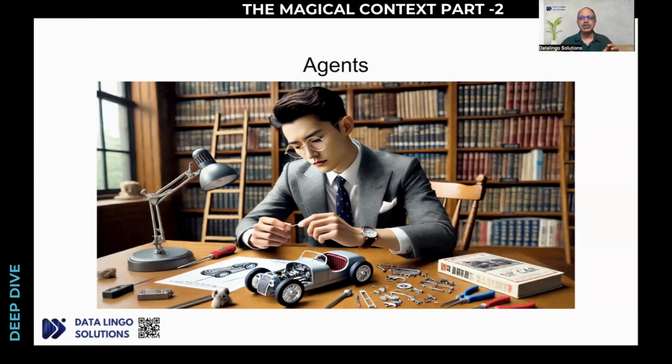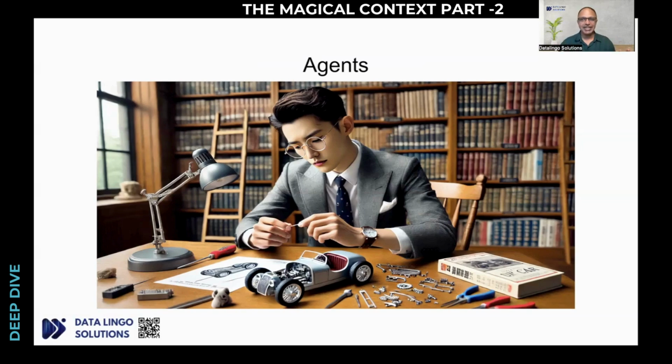Now, this is very similar to how AI agents are built, just with different terminology. In the case of AI agents, the parts the engineer works with are called agents, or at a more granular level, tools. The instruction manual he follows is called the tool spec, which outlines how the agents should work and interact. And the fully assembled toy car becomes an agentic system, a complete AI system capable of handling complex tasks